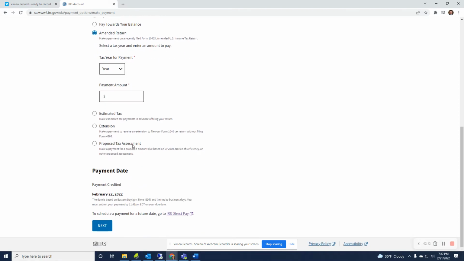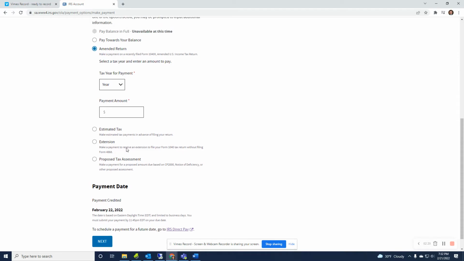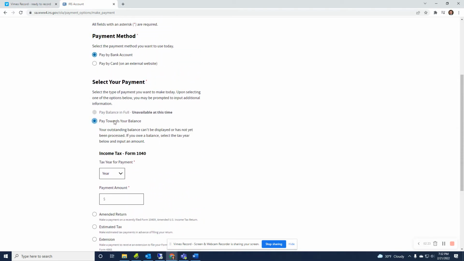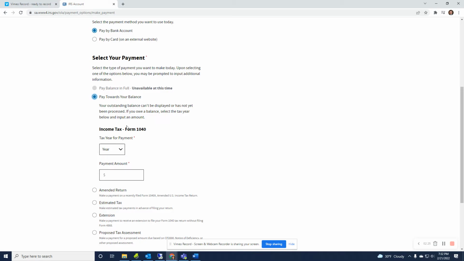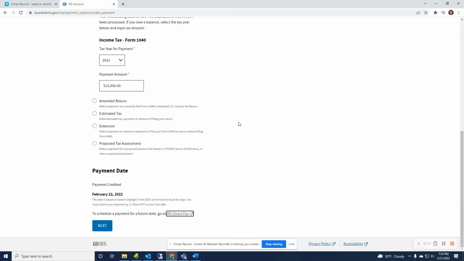This other one is a proposed tax assessment. That would be pretty rare to use. That's if you know that you're going to owe tax to the IRS, but they haven't quite assessed it yet. You would use that, but that would be very rare. And then if you're doing pay towards your balance, so in this case we're paying toward our balance, we'll say it's for our 2021 tax year, and we'll make a payment of $10,000. It'd be similar if you're doing an extension or estimated tax. Then you click next